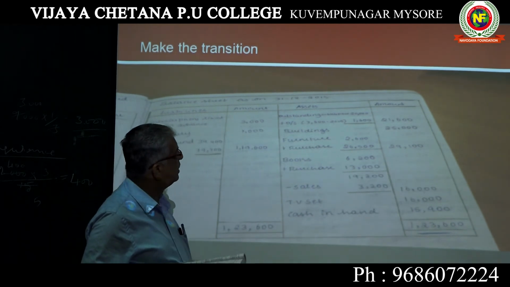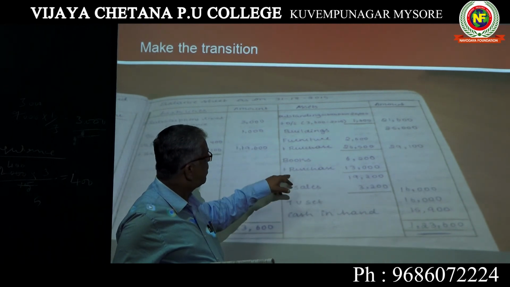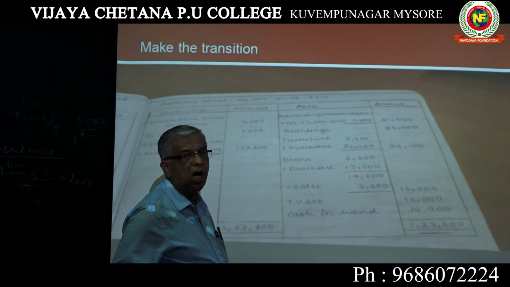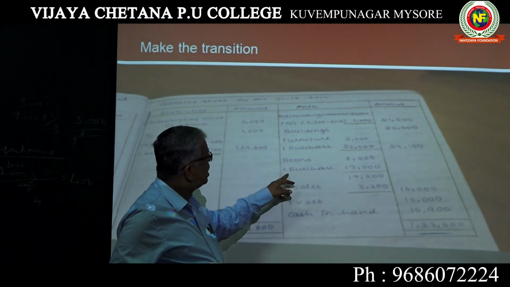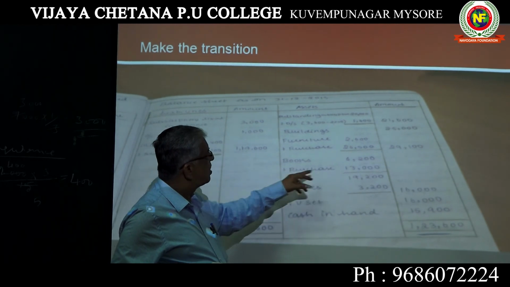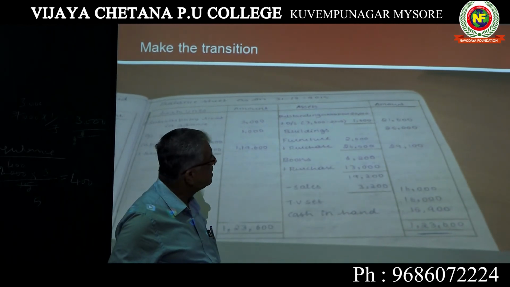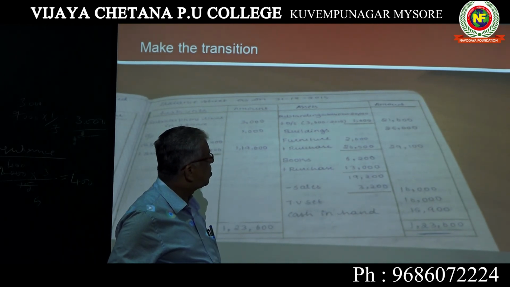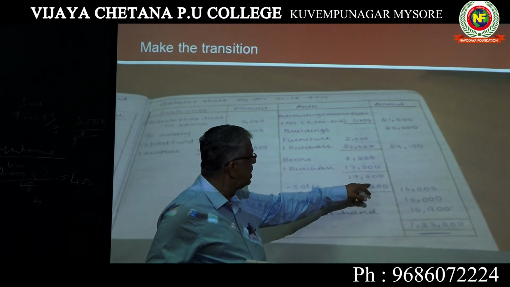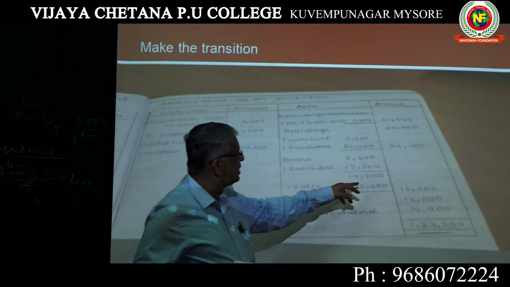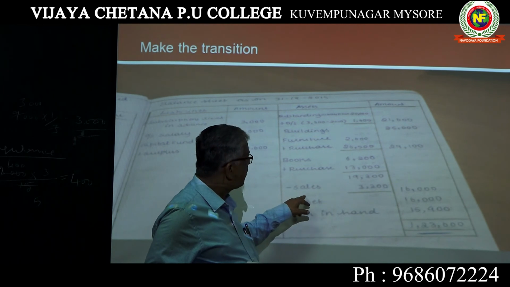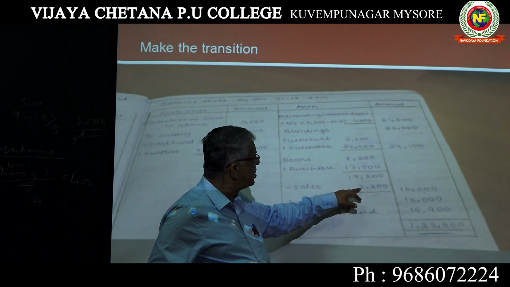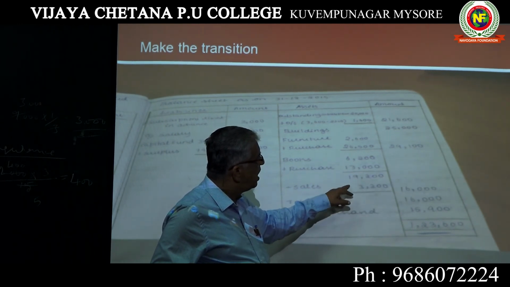And then books. Here we are having 6,200, the opening value of books. And then during the year we have purchased books worth rupees 13,000. So the total comes to 19,200. And then out of this we have sold books worth rupees 3,200. The book value of books we have sold is 3,200. If you deduct this, the balance is